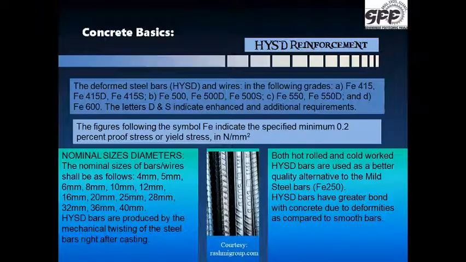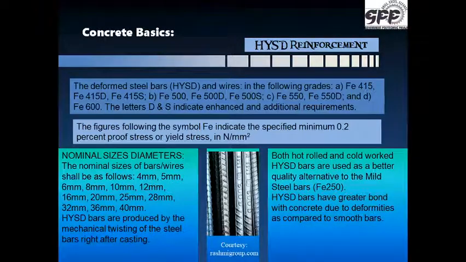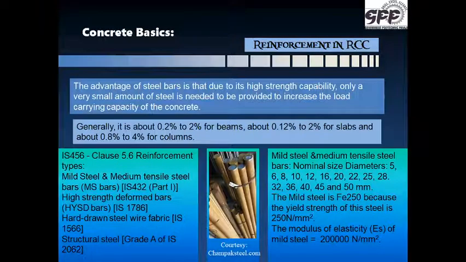As we see over here, we have understood the usage of mild steel bars and the HYSD bars. Now look at the HYSD bars. If you observe, they have some ribs on the bars. That's the difference between the mild steel bar, which is plain and smooth, and the HYSD bar. Because of these grips, these projections, the HYSD bar has a better grip, better bond in concrete. The mild steel bars are plain and smooth, and as I mentioned earlier, they do not have a very good grip on the concrete.